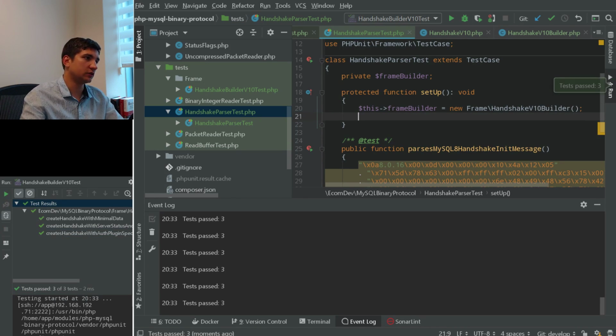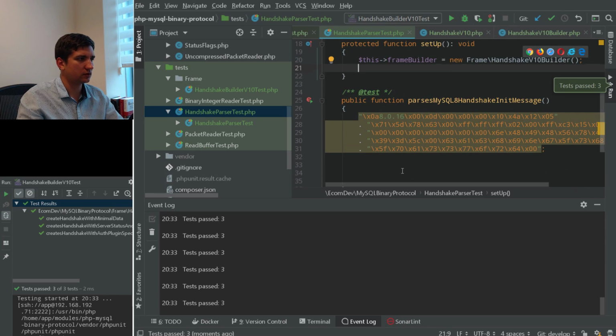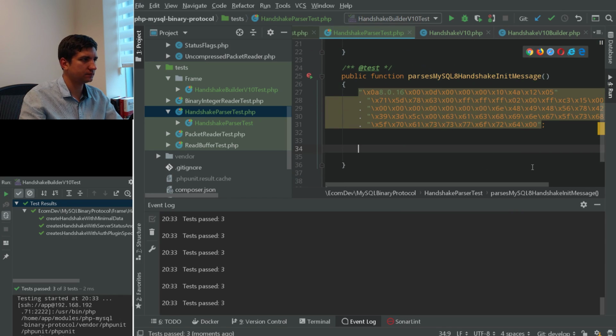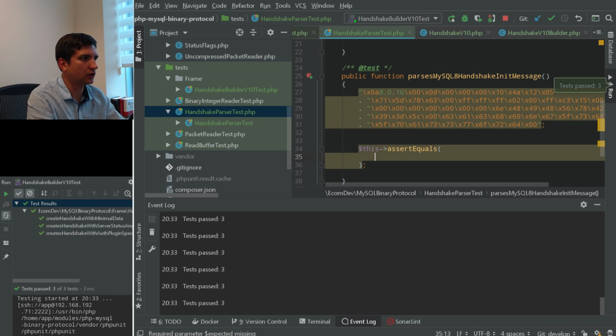So this is the object that's gonna be used as an assertion for us, and here we're gonna set up a first assert equals. Finally we got to the parser. So here the frame builder with